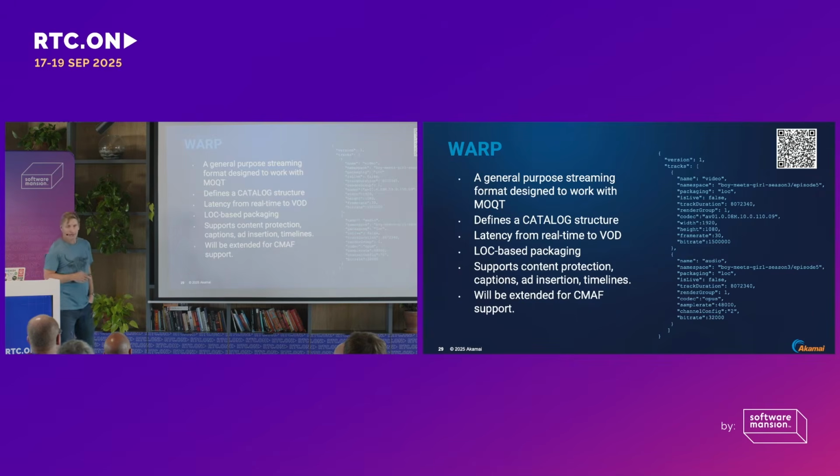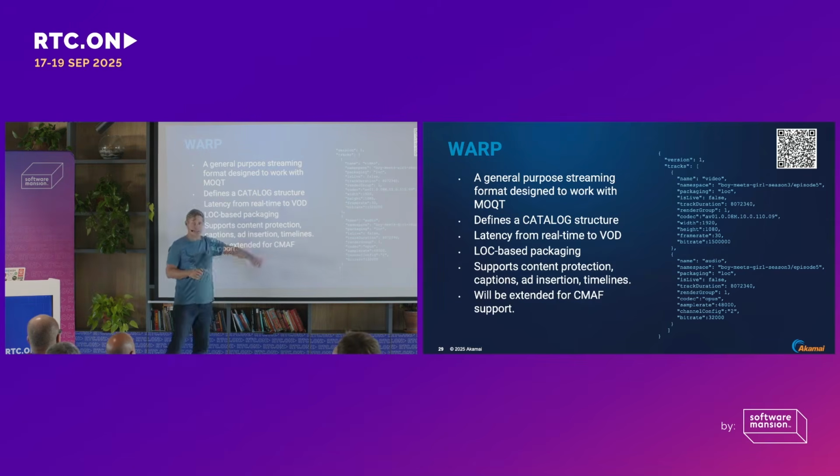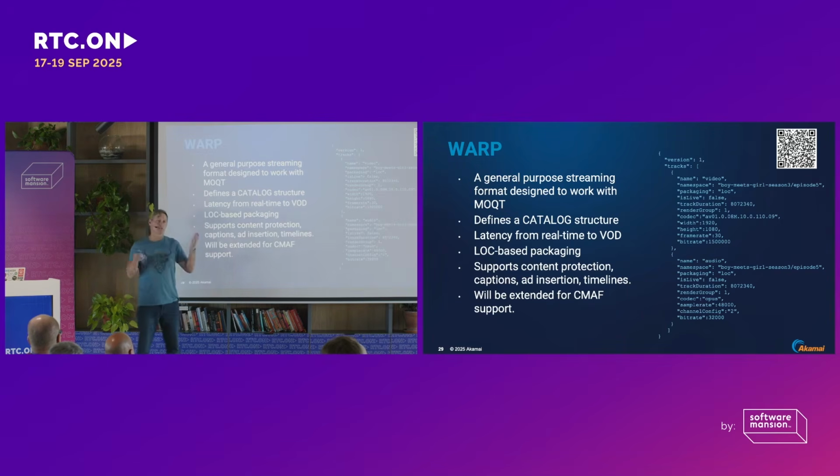Warp is the streaming format. So it's a lot like HLS or Dash. It says, how do I take content and package it? We have a thing called a catalog. So you ask the publisher for a catalog, and just like a playlist or manifest, the catalog says, oh, I've got 5 streams available, 3 video streams. These are the codecs, the bitrate, the frame rate, and some audio streams, and this is the channel configuration. And then the player subscribes to what it wants.